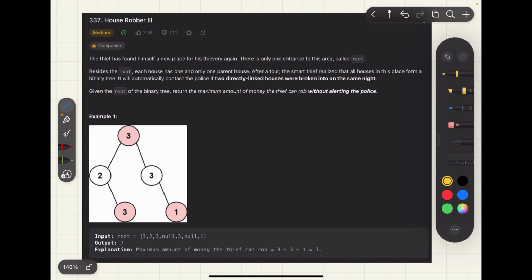It states that the thief has found himself a new place for his thievery again. There is only one entrance to this area called root. Besides the root, each house has one and only one parent house. After a tour, the smart thief realized that all houses in this place form a binary tree. It will automatically contact the police if two directly linked houses were broken into on the same night. Given the root of the binary tree, return the maximum amount of money the thief can rob without alerting the